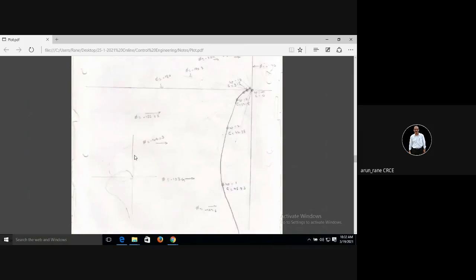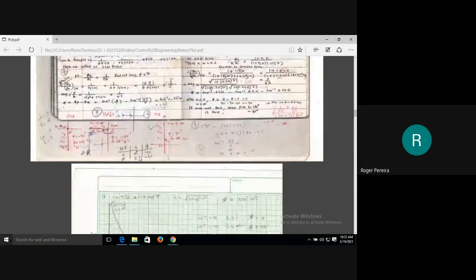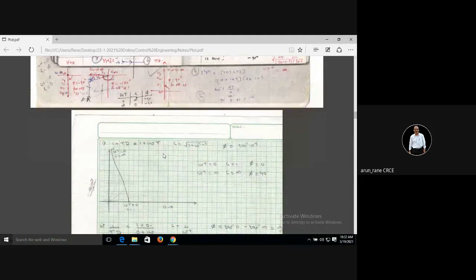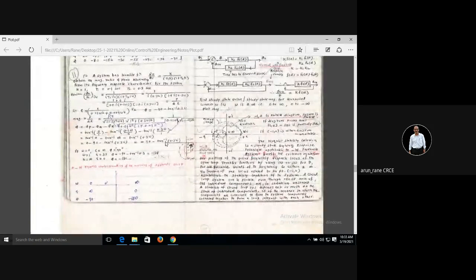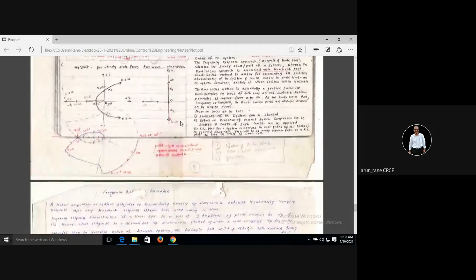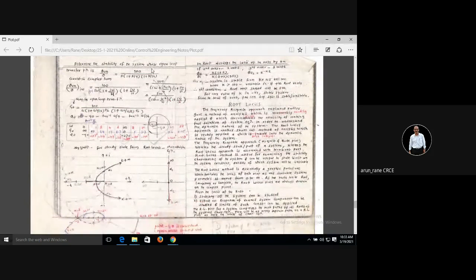So you take this as a homework, and study all these graphs. See only this many graphs, which have been done properly. This graph paper one, then this one, then this one, this one, and this one. Finally, once you have studied that graph, then you can study this exam, determine the stability of the system.